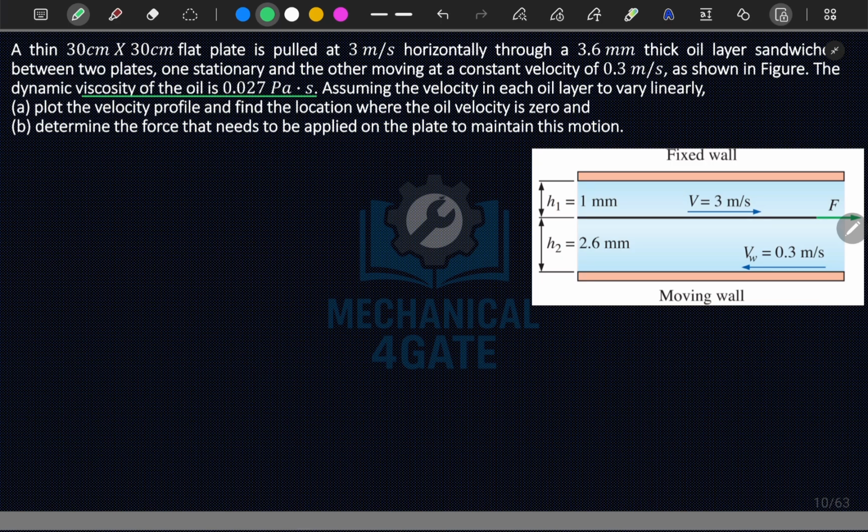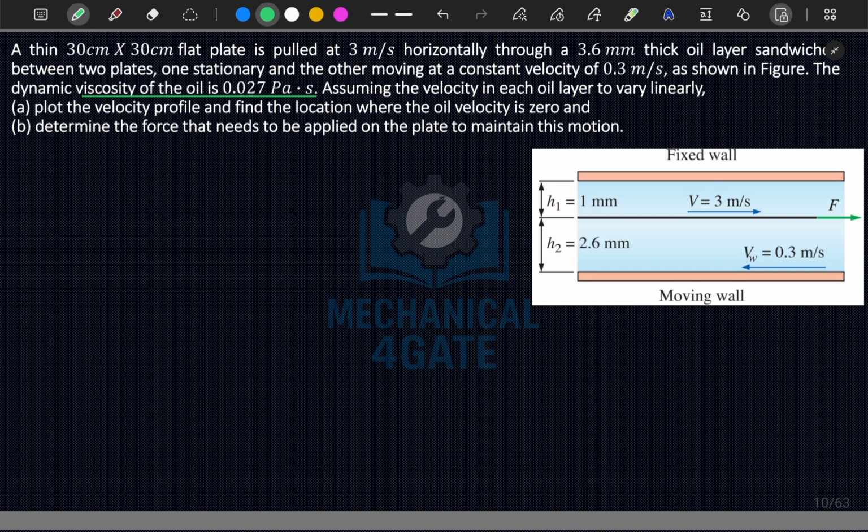Assume the velocity in each layer to be varying linearly. Plot the velocity profile and find the location where oil velocity is 0. Determine the force that needs to be applied on the plate to maintain this motion. Okay, so